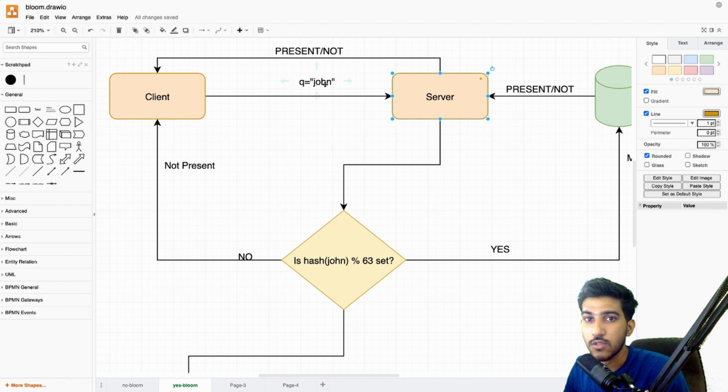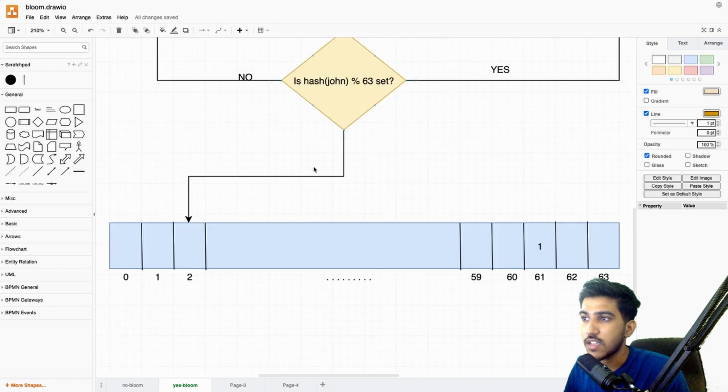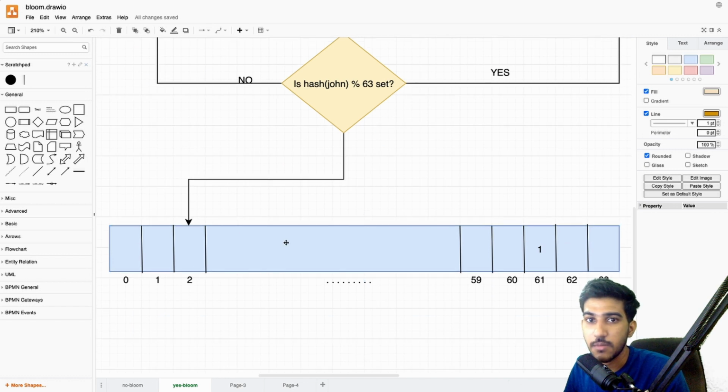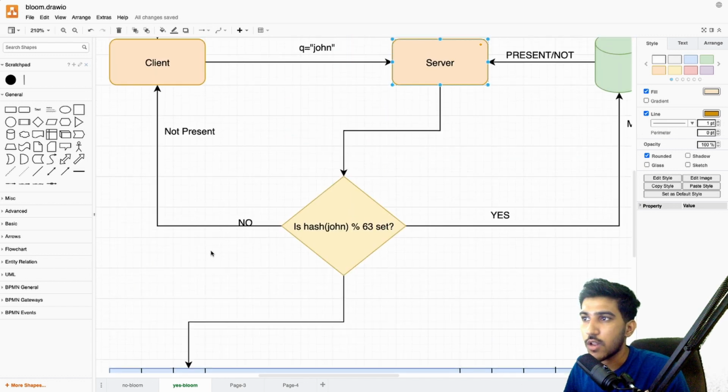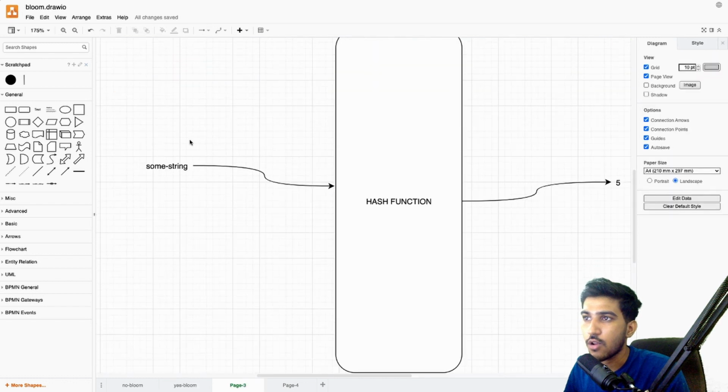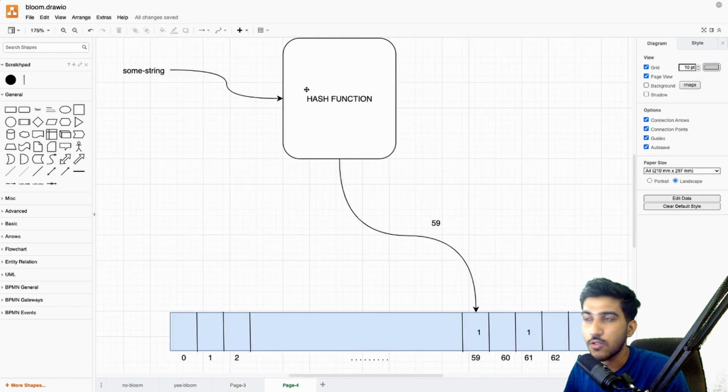is, we have talked about the hash function, right? So in order to check the Bloom filter, you need a hash function so that the index can be searched in the Bloom filter. What I mean by that is we talked about this string going into the hash function and then coming out as a number, and the number marking a set bit in the Bloom filter. So this is a process that happens when we are inserting a string. So a similar process has to happen when we are searching for whether the string is available or not.